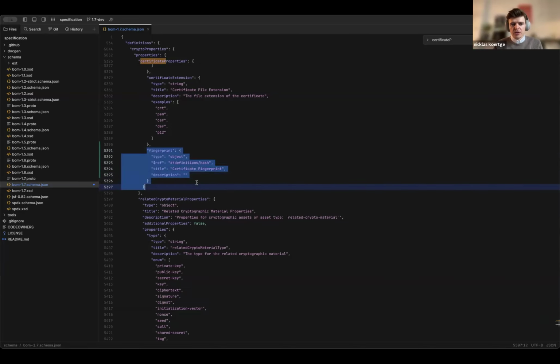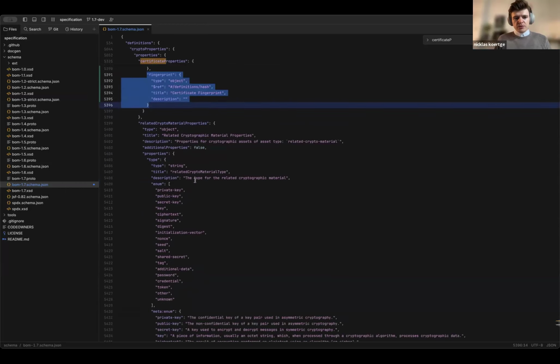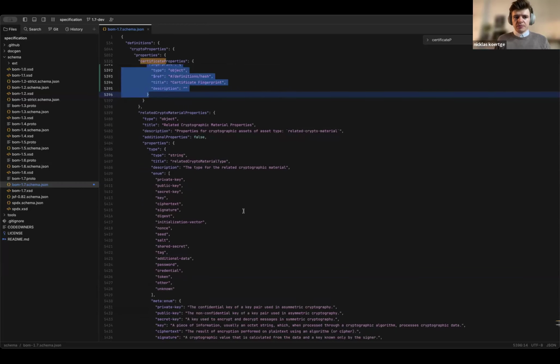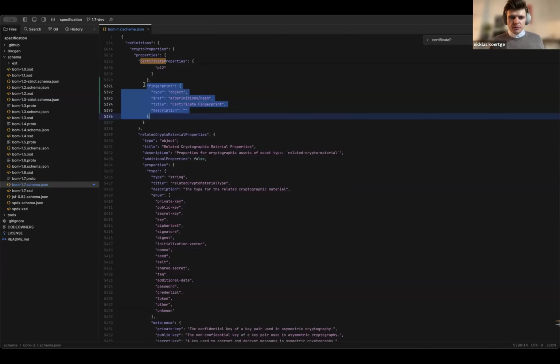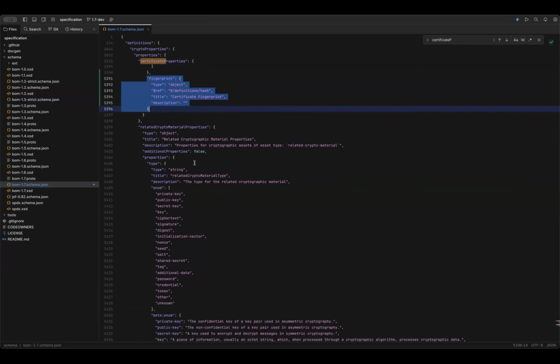And then I would copy this one for the related crypto material, not creating kind of an object or something. So we wanted to have also the fingerprint put into the related crypto material. I was just thinking, because I kind of copied that, but we would have to change the title and description, if there's a way to outsource it as a definition and then reuse. But I think that wouldn't make sense if I think twice about it. Yeah, I mean, you're going to end up with the same amount of code regardless, because the title and description are going to be different for the related crypto material too, correct? Yes. Right. Okay. So just copy it then and use it here.